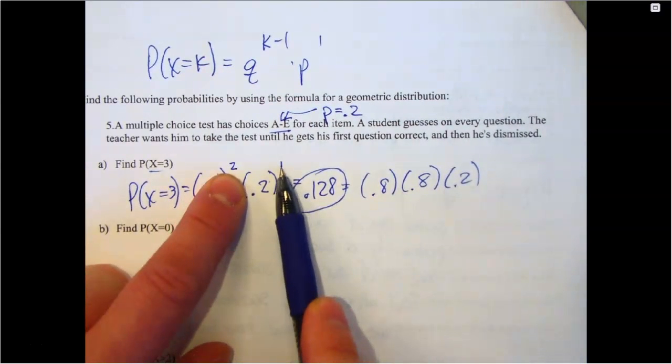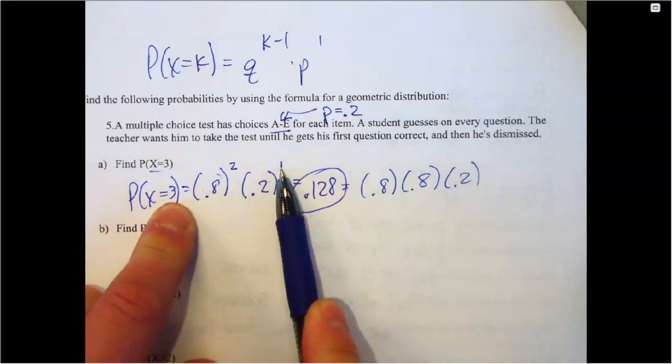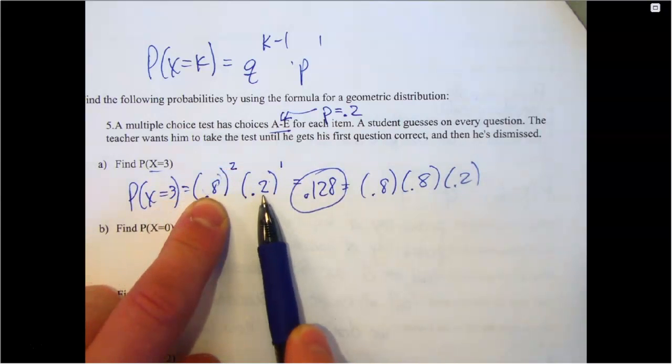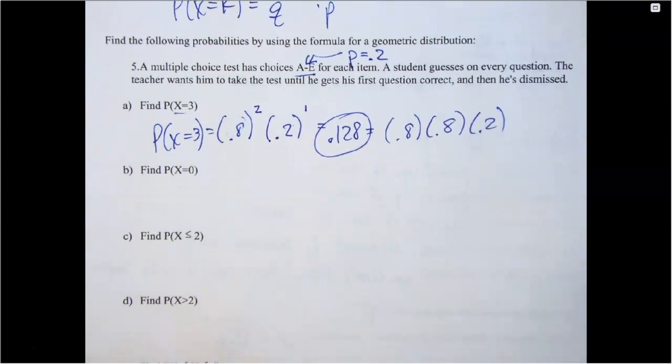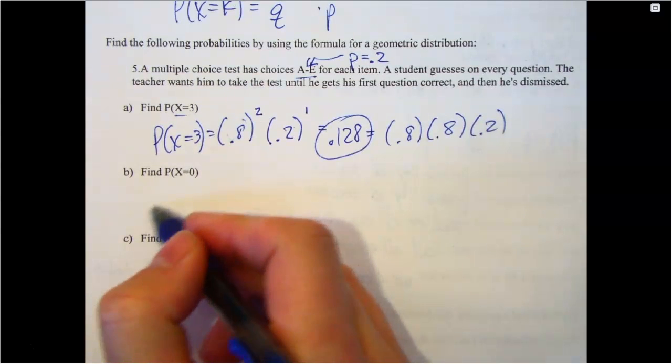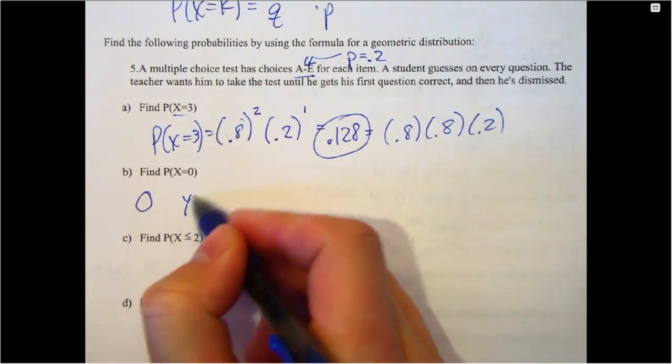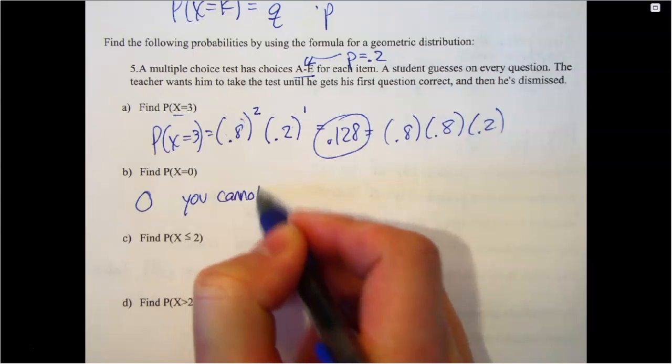What do these two numbers have to add up to? The k or the 3? What do these two numbers always have to add up to? 1. Probability x equals 0. What's the probability that I get the 0th question correct? Is that possible? Can I get the 0th question correct? Let's check out this left device because this is 0. It's impossible. You cannot succeed